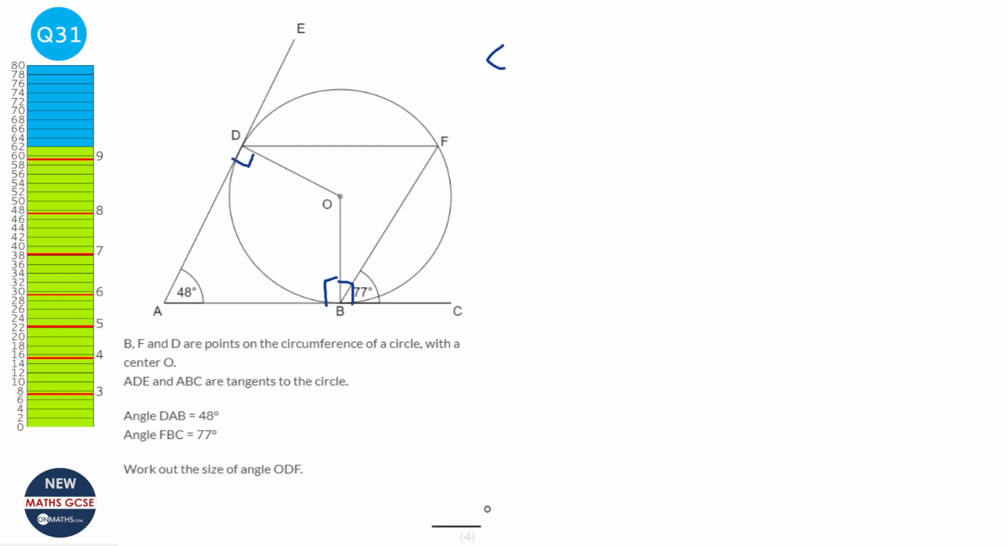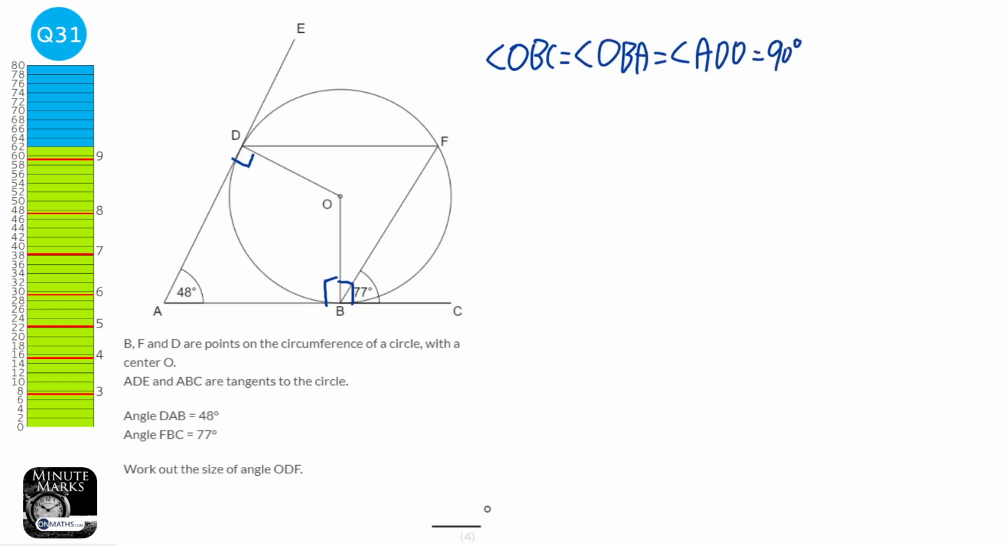And then we're going to say angle OBC equals angle OBA equals angle ADO equals 90 degrees. And we have to show the reasons. Most of the marks in this question will be for the reason. So it's going to be a tangent radius equals 90 degrees. And try and write out the full reasons. I'm going to just keep it a little bit contained, just so I can fit this answer all on the